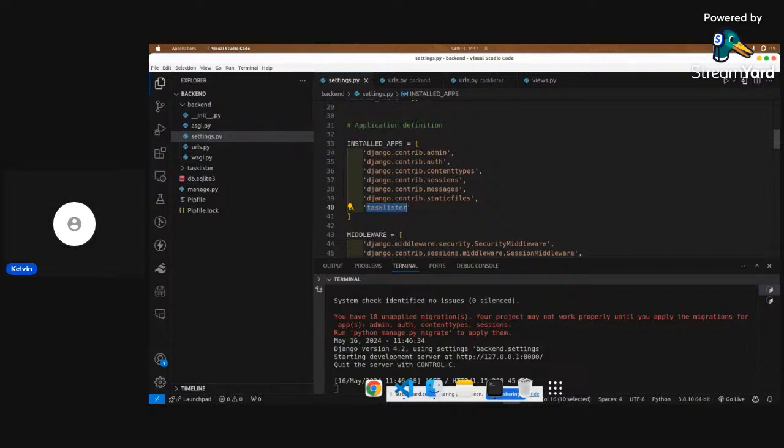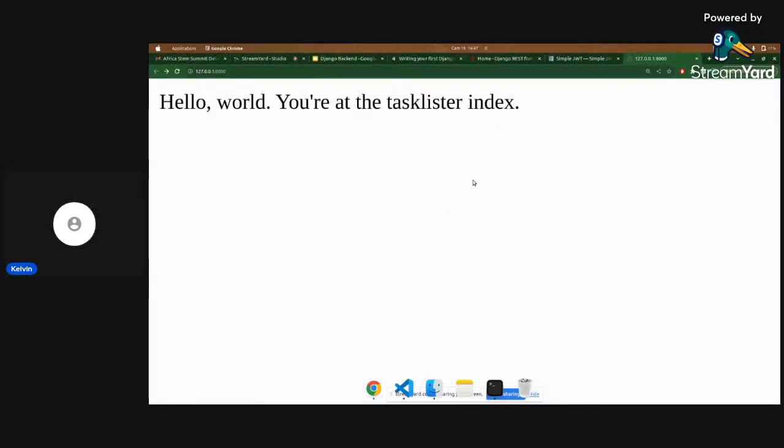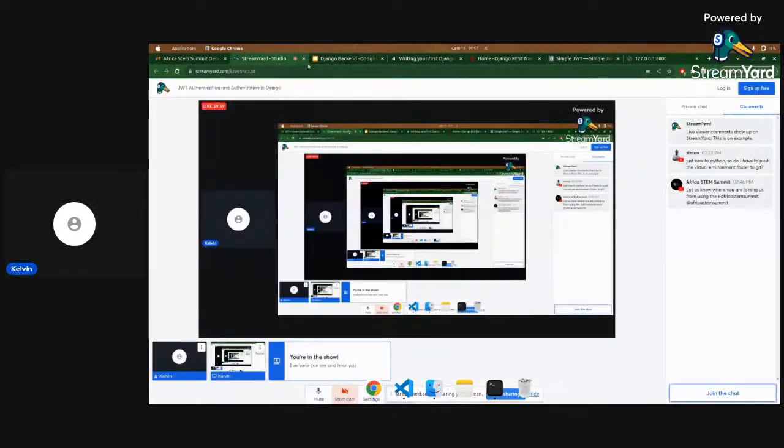All right. So after doing this, now that we have this setup, that means we are actually good to go. The only thing that we need to do is to install some things from Django REST framework. All right. Yes. So